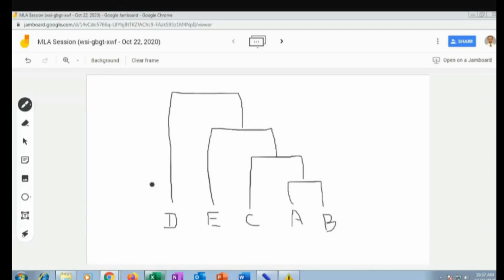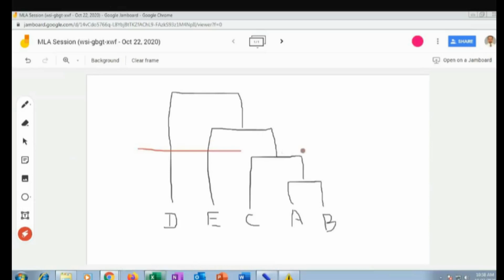Good. Now, if you want to find out the cluster at a particular level, for example, let's say I want to find out two clusters only. So if I take a cut at this particular level, can you see this? There will be D in one cluster and then A, B, C, E in one cluster. At every level, finally everything is in one cluster. So at this second level, if you take a cut, it will be two clusters.